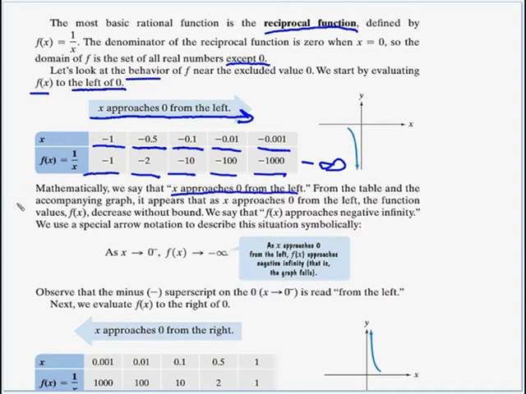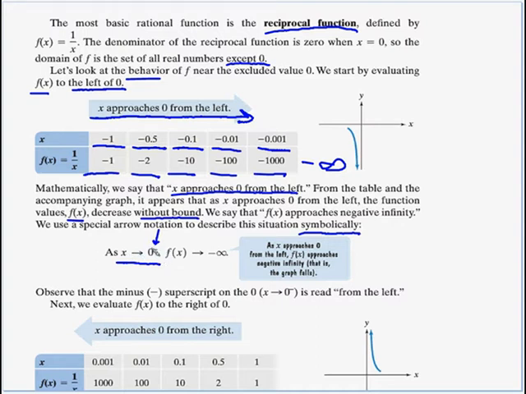From the table and the accompanying graph, it appears that as x approaches 0 from the left, the function values f of x decrease without bound. We say that, quote, f of x approaches negative infinity. We use a special arrow notation to describe this situation symbolically. So as x approaches 0 from the left, we have x, a little arrow, to the 0, and the little